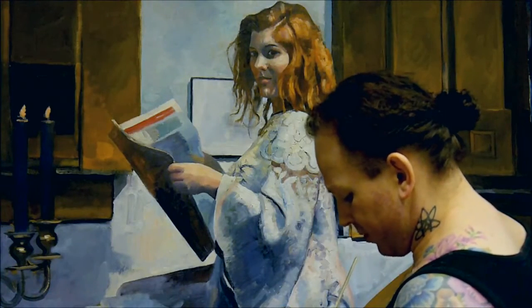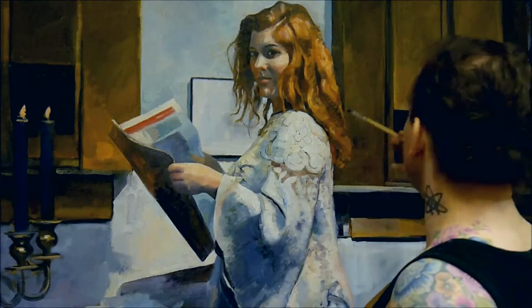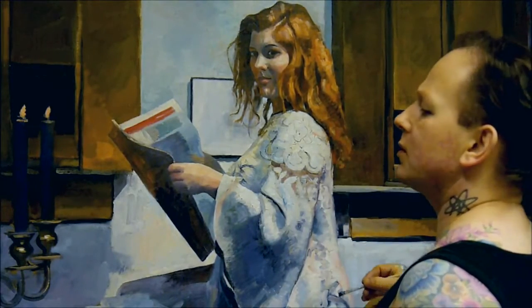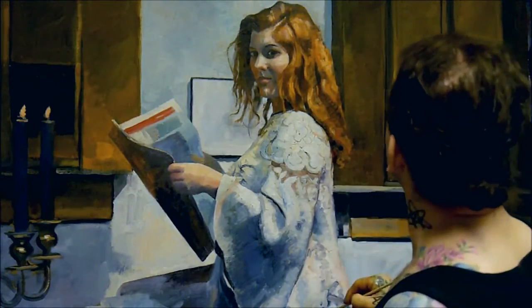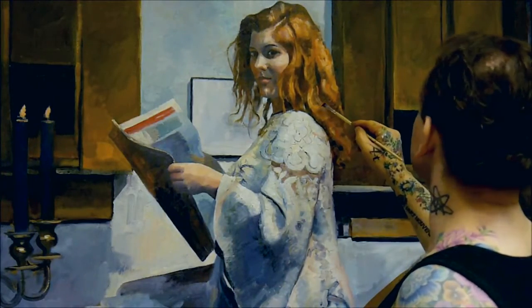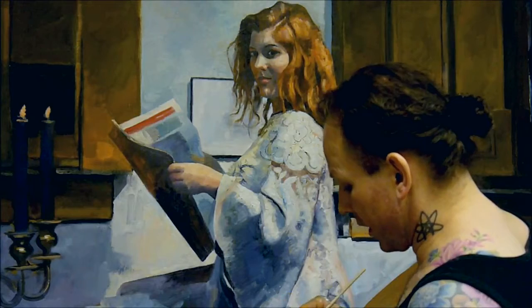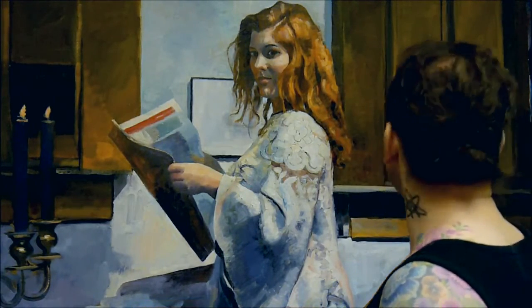My studio here is quite big, but it's a cellar, so I have been wondering if there's maybe a little bit of fungus or something, because sometimes I really feel a little bit tired in here. Now I haven't seen any light, it's winter time and I haven't seen any light for weeks because I'm working all night. It's like 7 in the morning now, and